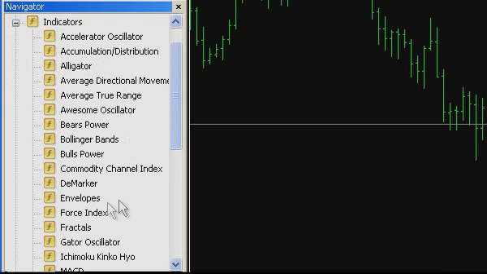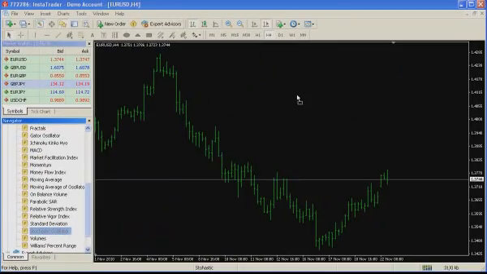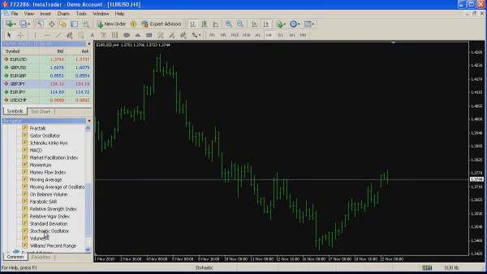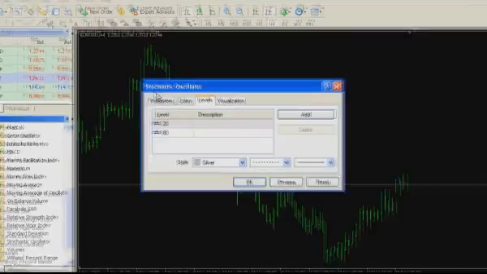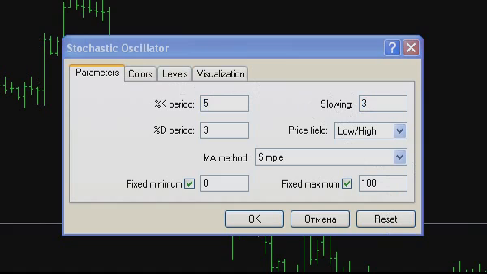For doing this, you need to open the list of indicators in the Navigator panel menu and then drag it directly to the diagram or just click the left mouse button twice on it. In both cases, a dialog box displaying the indicator parameters will appear on your screen. You may leave these parameters, correct them manually, or return standard settings by clicking the Reset button. The main parameters of stochastic oscillator are: